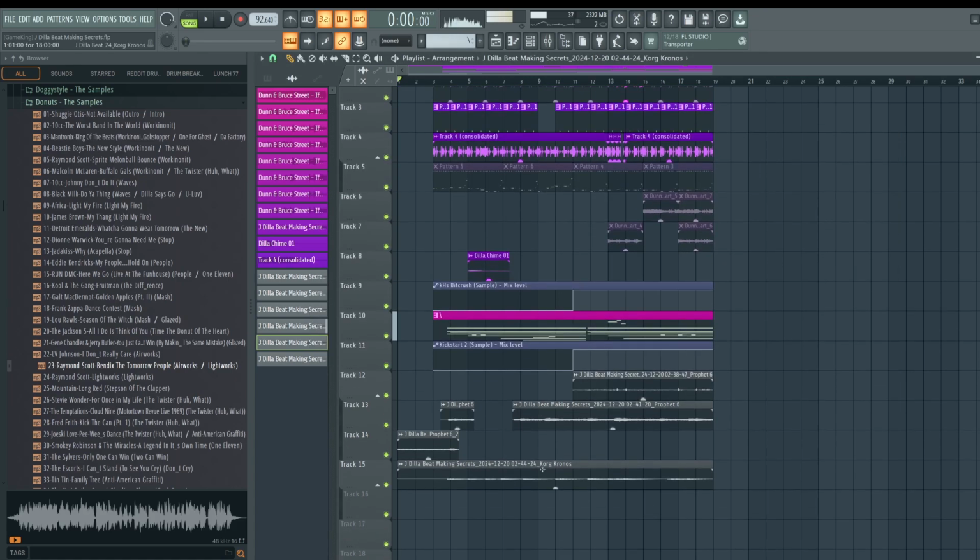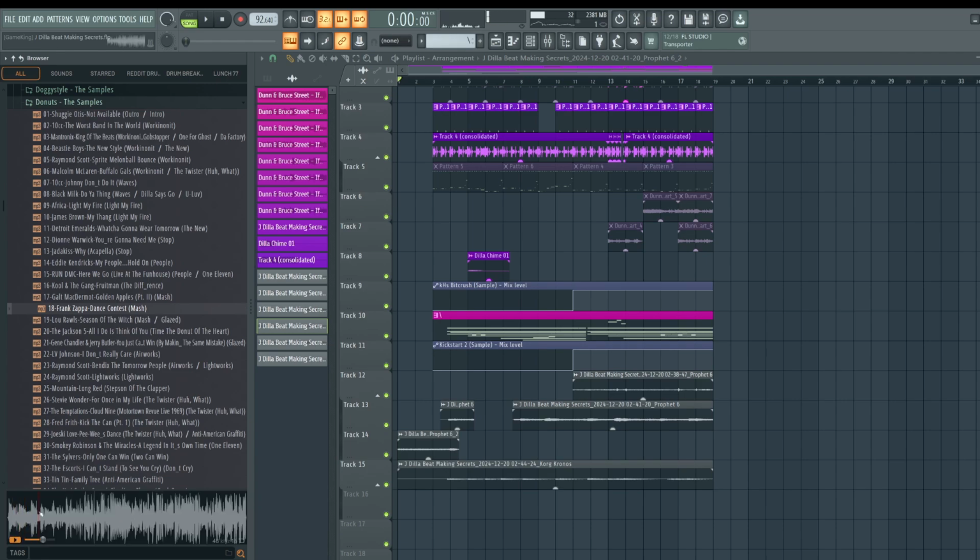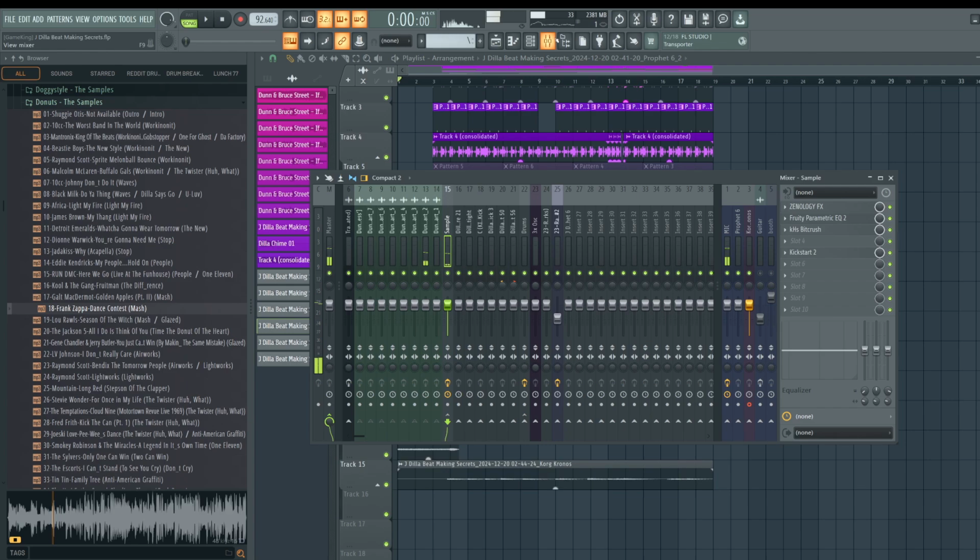One thing I would love to have in here is a guitar riff. I forget which track it is, so I have to go through these tracks to figure out which one. But one of these has really cool guitar in it. I just forgot to write it down. I'm going to add it and see if we can. No, it's not the Jackson 5 one. I may or may not be able to find this. I think these samples are going through track 15.